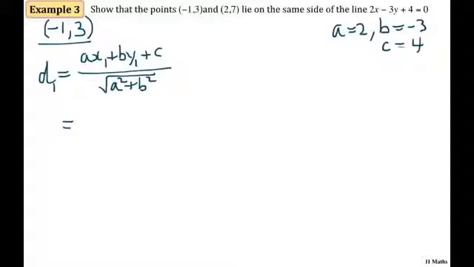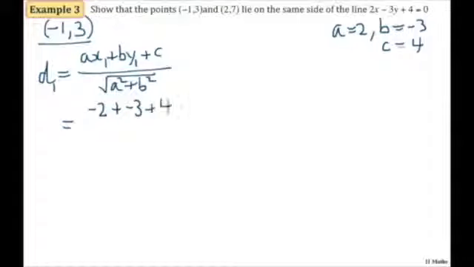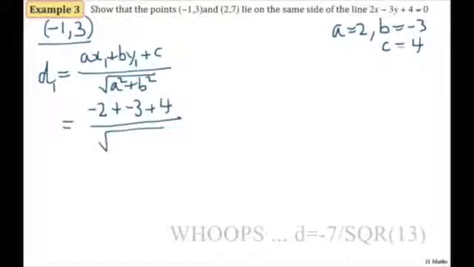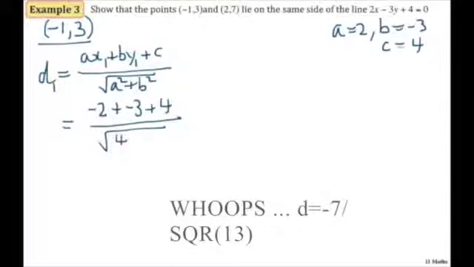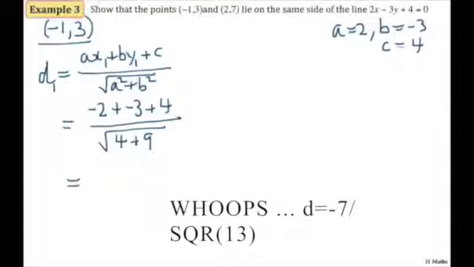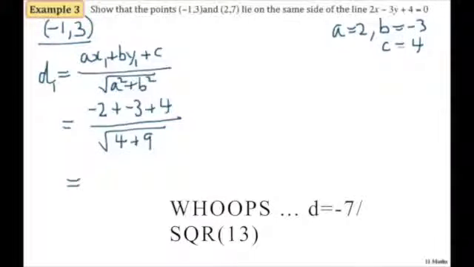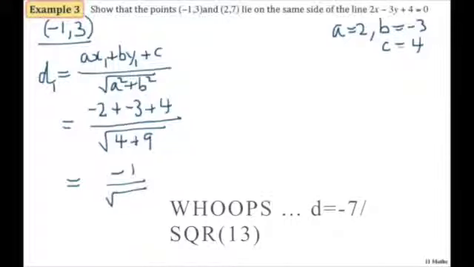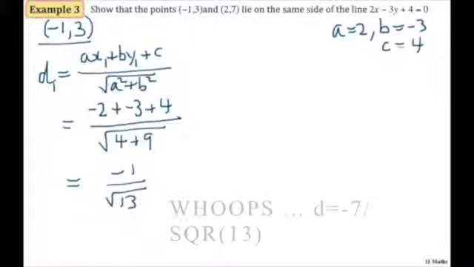Let's plug the numbers in. A times the x value of my first point, that's 2 times minus 1, plus B times the y value of my first point, that's negative 3 times 3, plus C, all over the square root of, now what's my A number? 2. 2 squared is 4. What's my B? Minus 3. Minus 3 squared is 9, which gives me an answer of minus 2 minus 3 is minus 5. Minus 5 plus 4 is minus 1 over the square root of 13. Let's just stop there